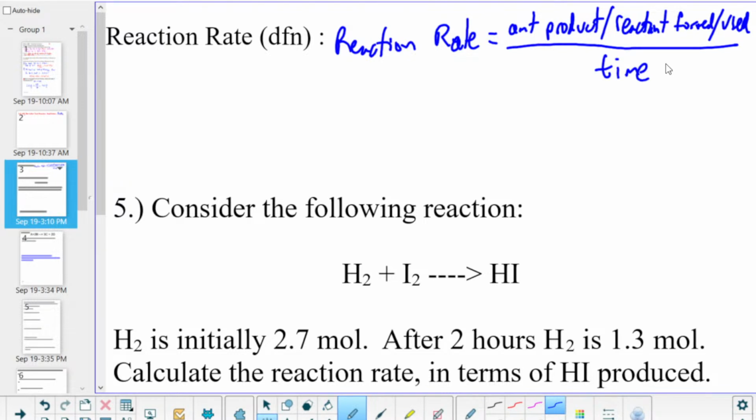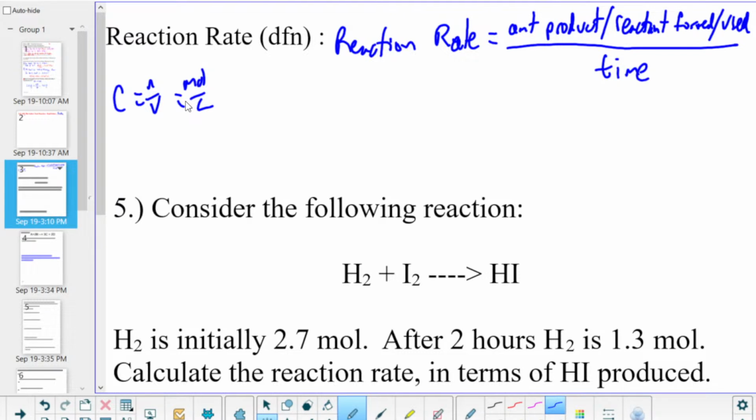So the reaction rate is the amount of product that you're forming or the amount of reactant that you're using up over a certain period of time. There's lots of ways to calculate that. One of the areas that you should be familiar with from last year that we're going to use a lot is concentration is equal to moles over volume. And so moles per liter is a very common way that we measure the amount of product formed or reactant used up as the concentration